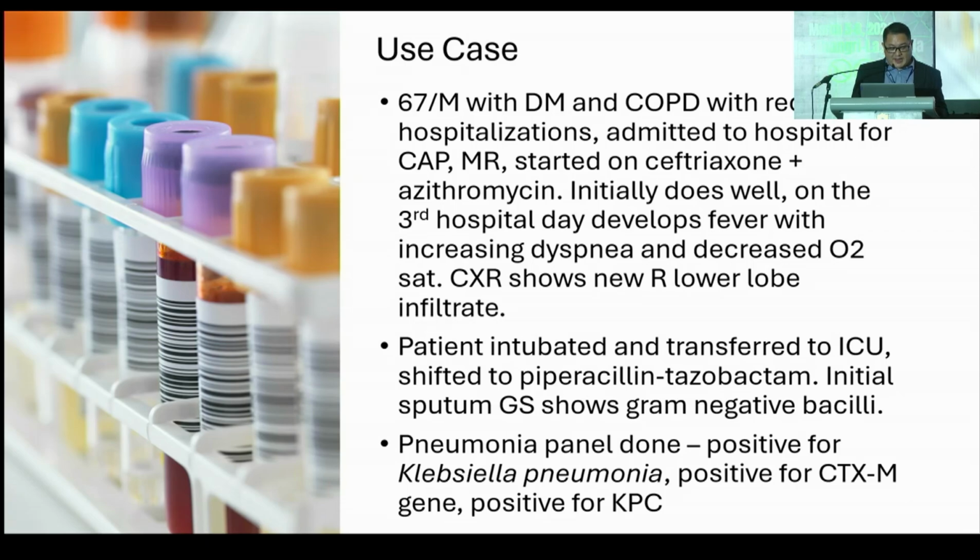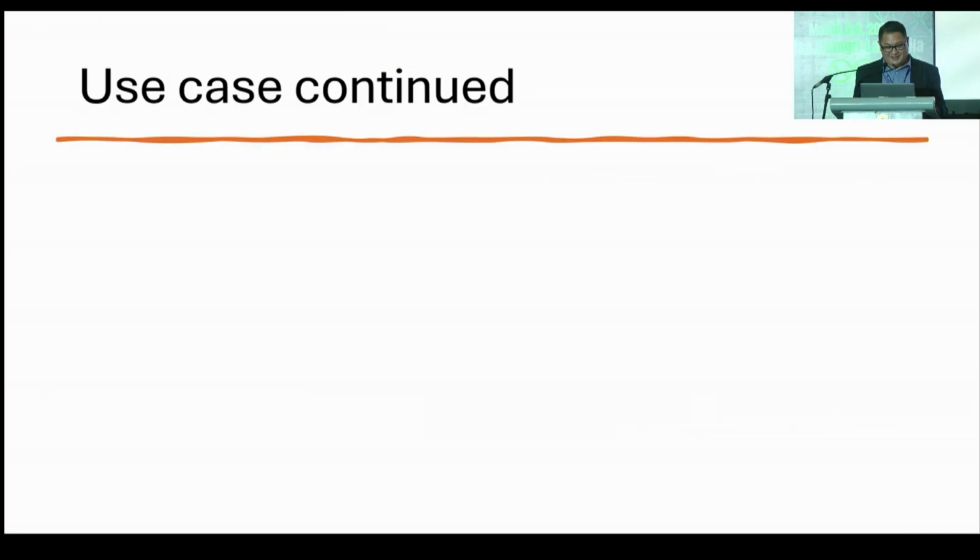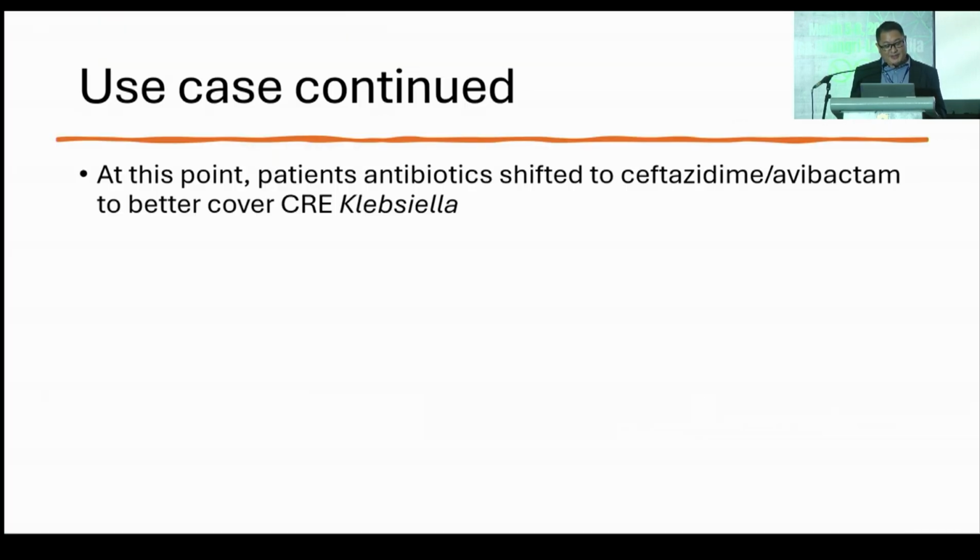So the pneumonia panel is done, and it's positive for Klebsiella and positive for CTXM, CTXM gene, also positive for KPC. So it's like both, unfortunately. So at this point, instead of continuing the piperacillin-tazobactam, which is not very good for CTXM, but even worse